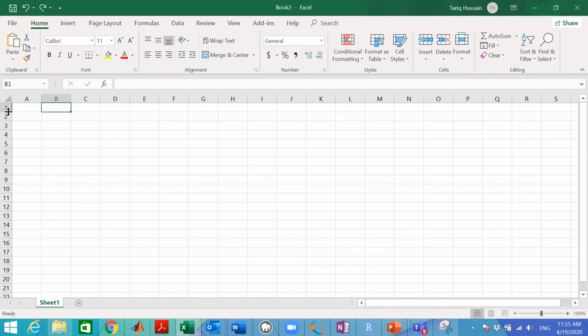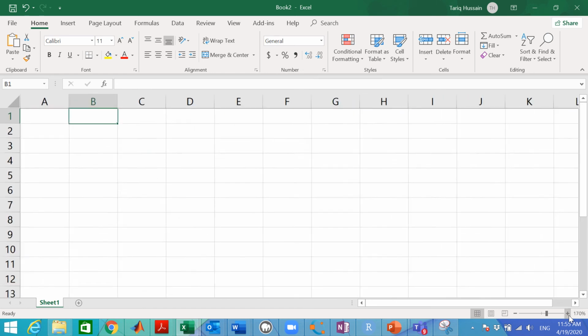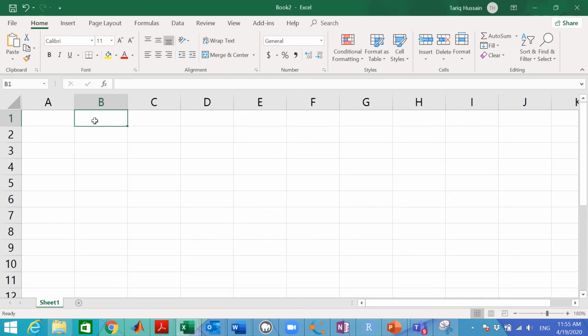For example, I am going to give the name of the shop as Star Grocery Services. Or you can give it the name of Star Bookstore. So you can see that Star Bookstore actually needs two columns.